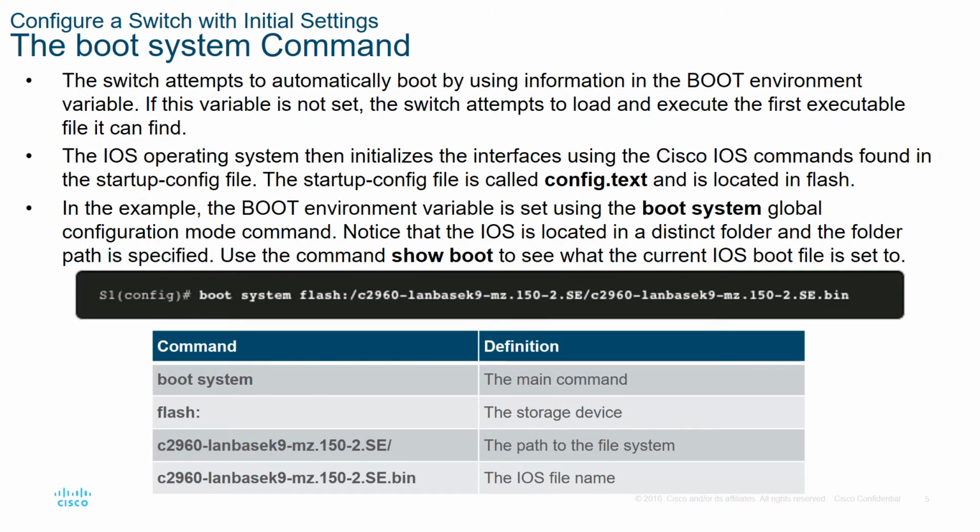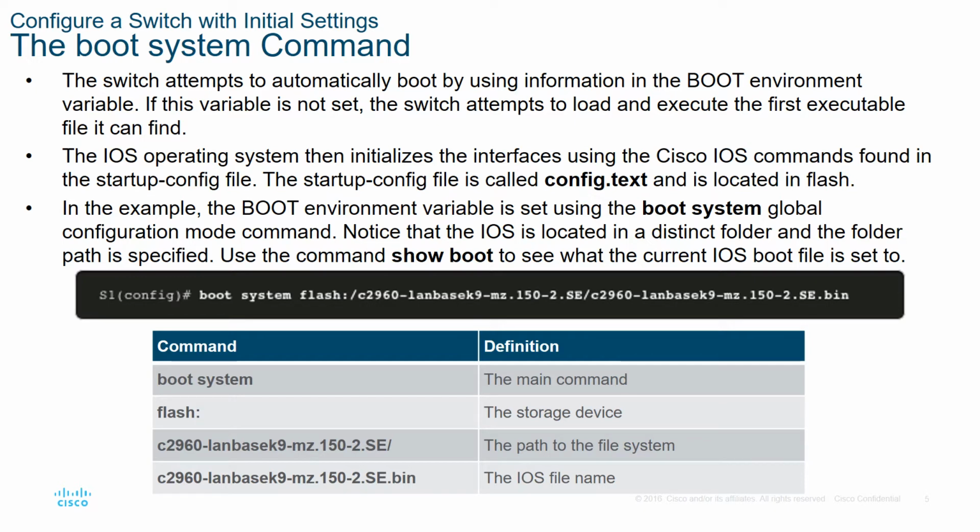What is the use of the boot system command? If multiple versions of Cisco IOS images are stored in the switch, then the boot system command is used to specify which IOS image to boot from. Also, it is used to set the order to try them in if it has trouble booting. Actually, the boot sequence process automatically boots the IOS image by using the information stored in the BOOT environment variable. If the BOOT environment variable is not set, the switch attempts to load and execute the first executable file it